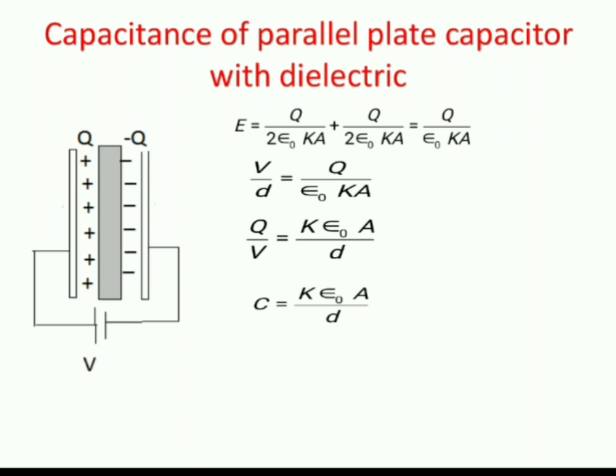So we know the value of K is always greater than 1. It is taken as 1 for air, and other substances have a value ranging from 1 to infinity for metals. So you can get the capacitance as K epsilon naught A by d. And sometimes they ask you what would happen if you connect the two plates with a metal. We know for metals K is infinity, then capacitance would become infinity. That means charge will flow or current will flow through the circuit, as capacitance becomes infinite.